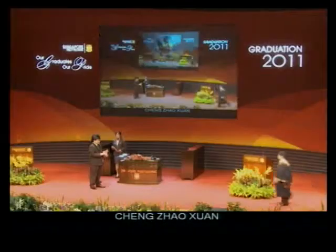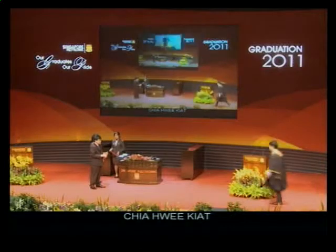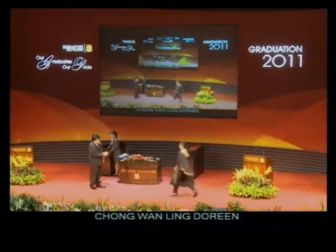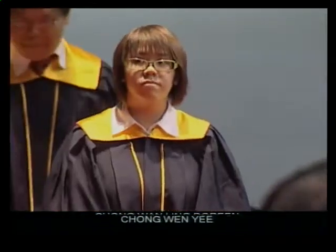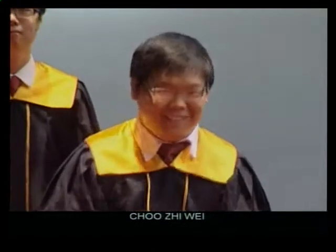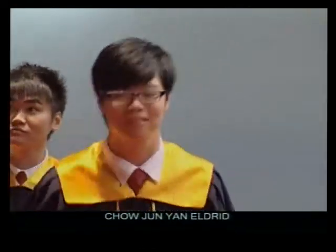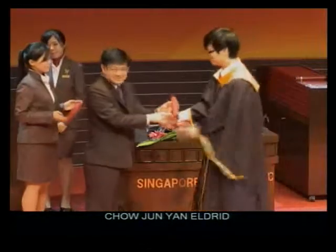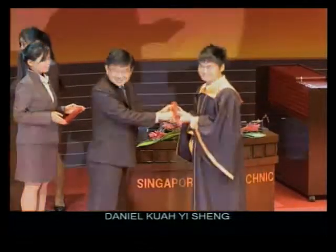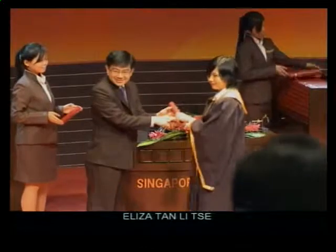Cheng Chao Xuan, Chia Hui Kiat, Chong Wan Ling Doreen, Chong Wen Yi, Chu Zhiwei, Chao Junyan Eldred, Daniel Kwa Yisheng, Eliza Tan Li Si, Eunice Low,